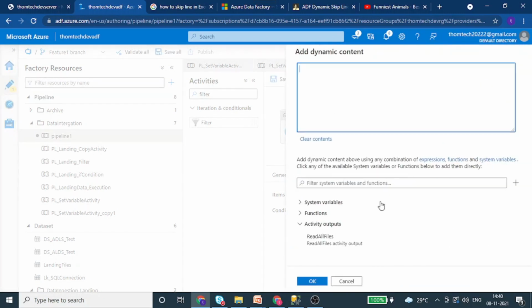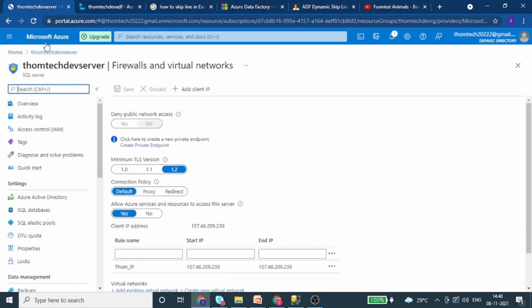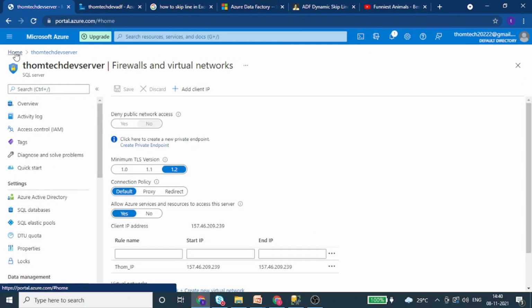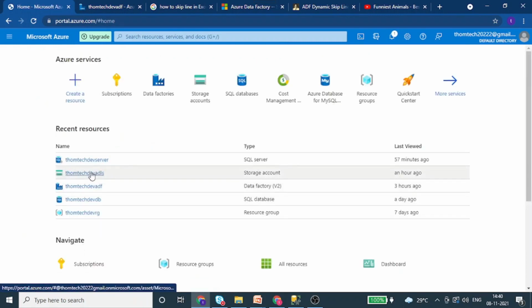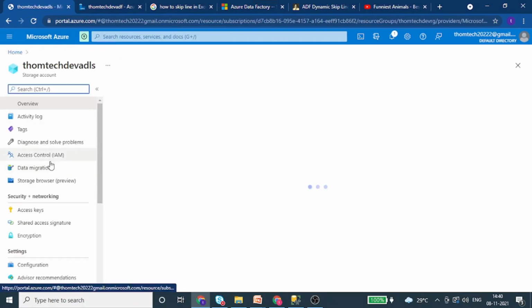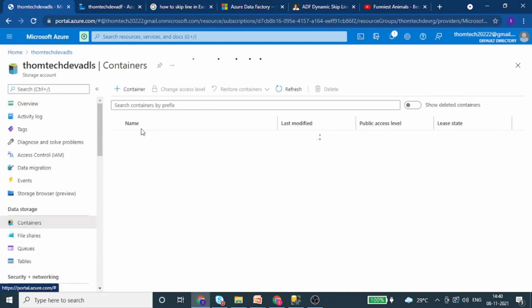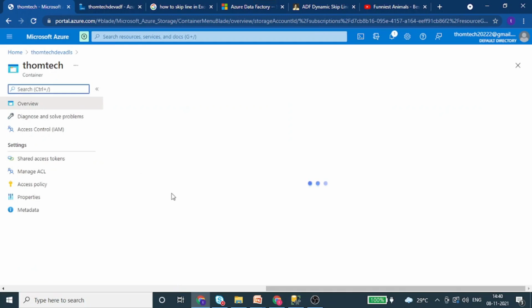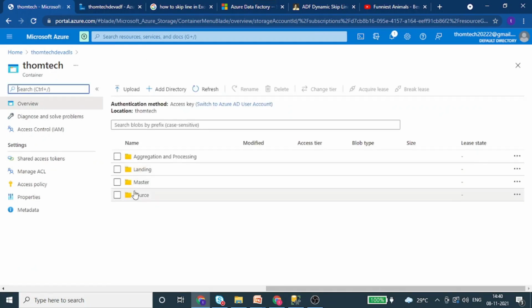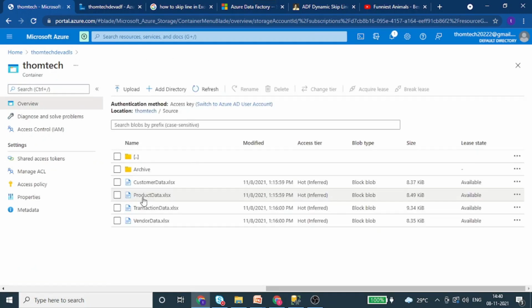Then over here let's click on the condition, and we need to give some conditions so that we can have that control to separate the folders. If you have not seen this, I will suggest you go and watch my series. Let me just quickly show you. Go back to the data lake or the storage, click on containers. We have this container already created. Get inside this container and let's click on our source folder. This is our source folder where we have our files.